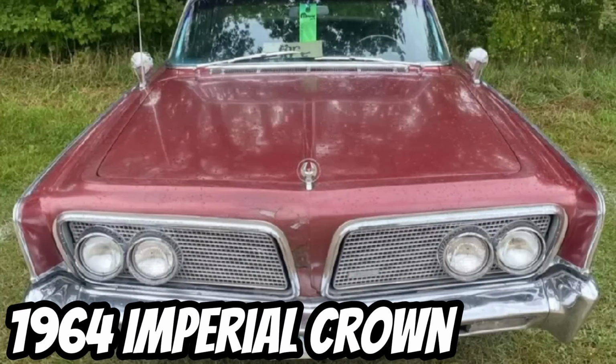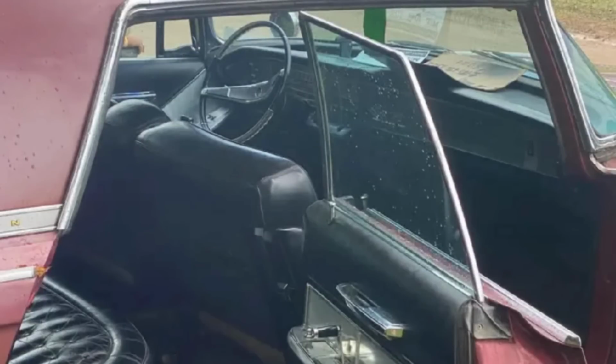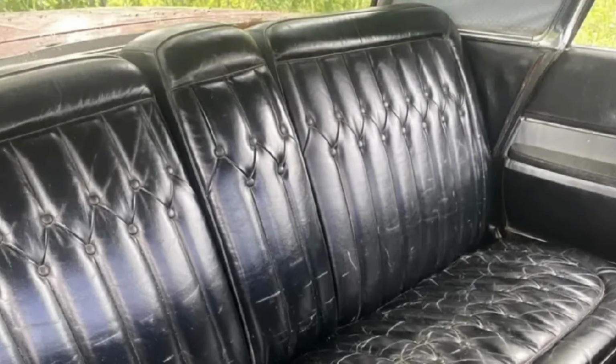Number 10. The 1964 Imperial Crown, priced at $5,900, is powered by a 413 CI 4-barrel engine. The car is still drivable and starts easily. The fuel system has been repaired, including cleaning the gas tank and replacing the fuel lines from front to back. It has several factory features such as black leather interior, Roman red metallic paint, also known as Spanish red for